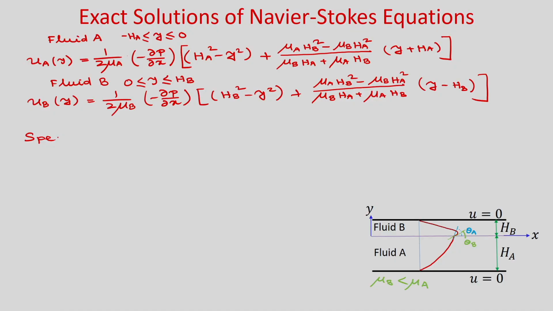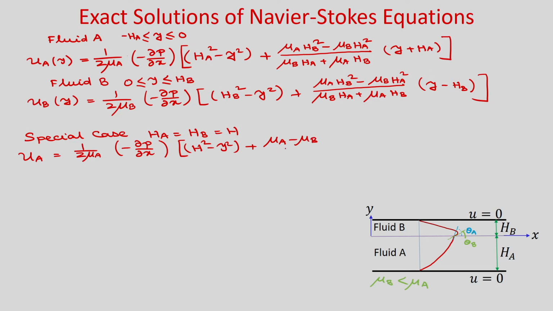Now, let us take a special case where you have the same height of the two layers, that means H A is equal to H B. So, in this special case where H A is equal to H B is equal to H, then you can write the velocity profile U A is equal to 1 by twice mu A into minus del P by del X into (H square minus Y square) plus (mu A minus mu B) divided by (mu A plus mu B) into H into (Y plus H), okay,